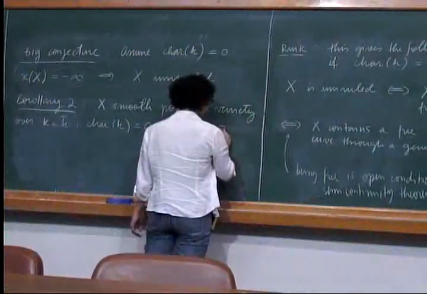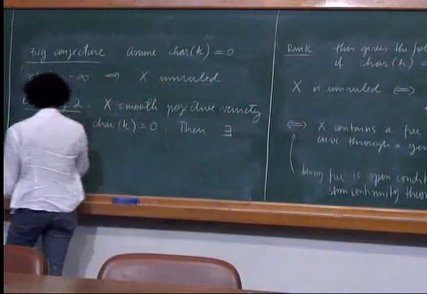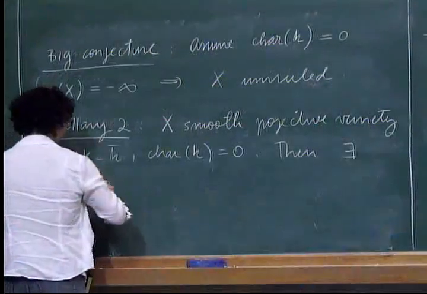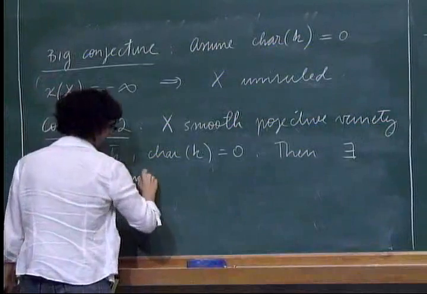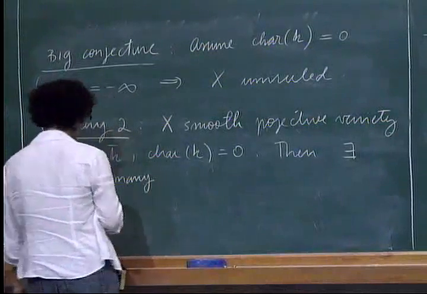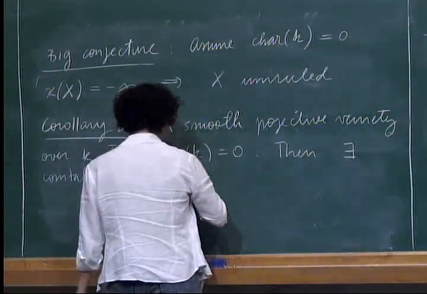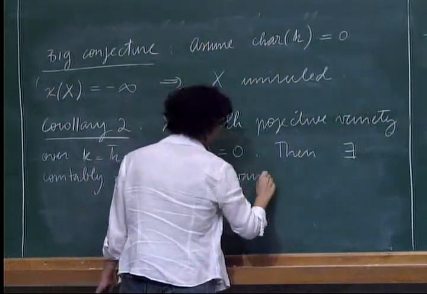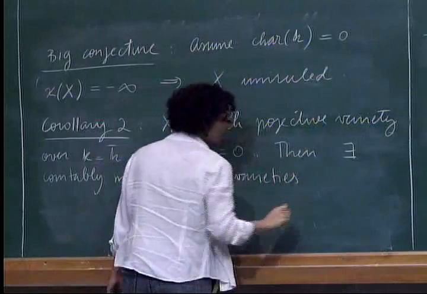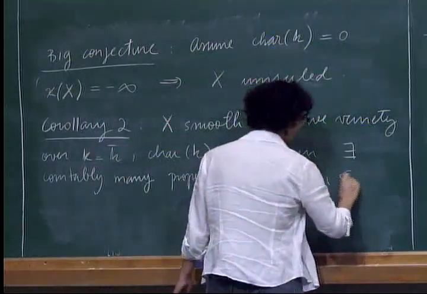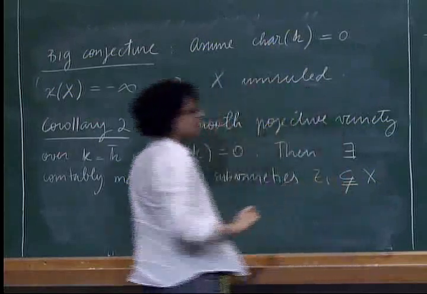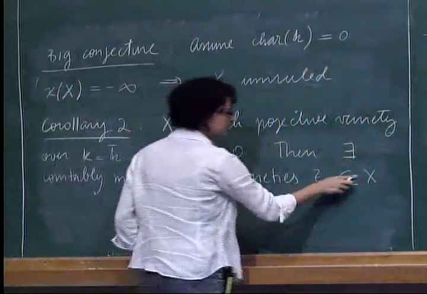Then there exist countably many proper subvarieties Zi contained in X. Actually, they're properly contained in X,